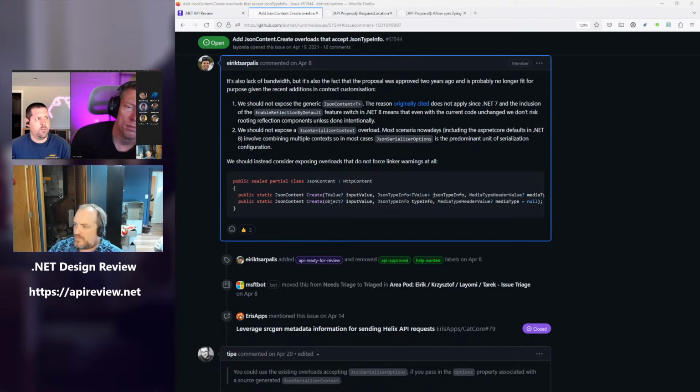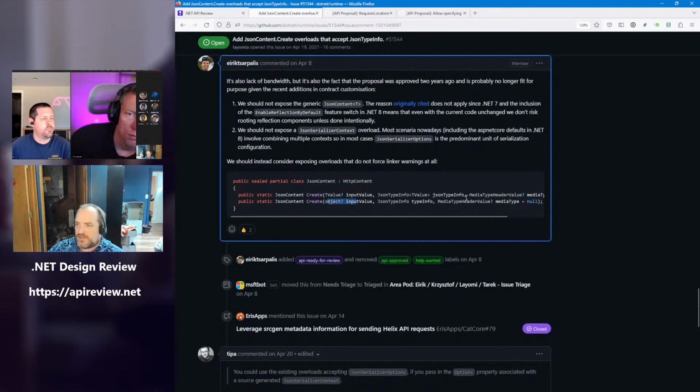Yeah, it follows the same pattern as your read from JSON and so forth as well. Seems logical. Wait, so you would leave off the JSON serializer options? Yeah, the JSON serializer options in this case would be encapsulated by the type info instance you're providing. So all configuration, your entire source of truth, is within that token. Right. So it's replacing both the type parameter for the non-generic overload and the serializer options. Correct. Yeah.